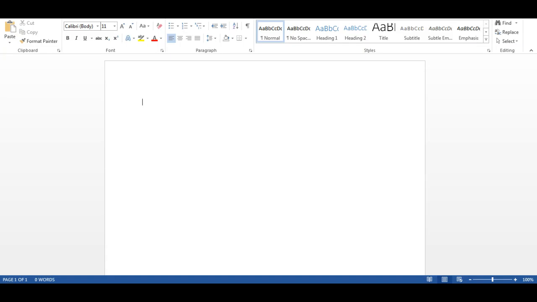In this lesson, you will learn how to create a table in Word. First thing I always want you to do is click on no spacing. No matter what you do in Word, always get into that habit of clicking on no spacing. To begin with, we are going to go to the Insert tab at the top,